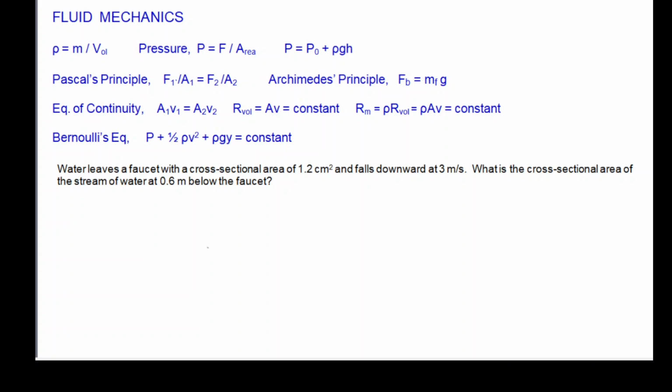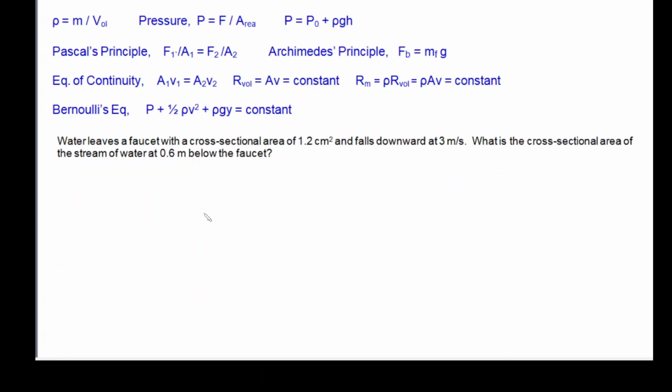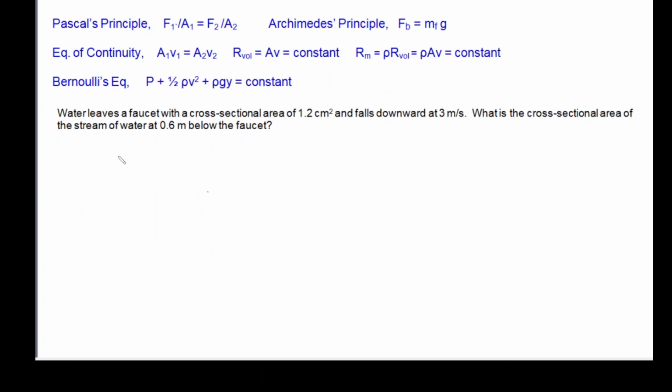Water leaves a faucet with a cross-sectional area of 1.2 centimeters squared and falls downward at 3 meters per second. What is the cross-sectional area of the stream of water at 0.6 meters below the faucet? So once again, we're going to draw this. We have a faucet, and water is coming down, and we know that